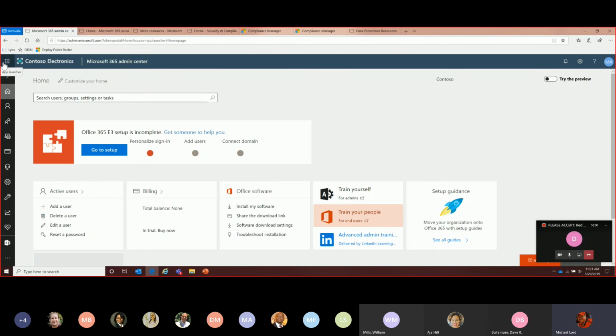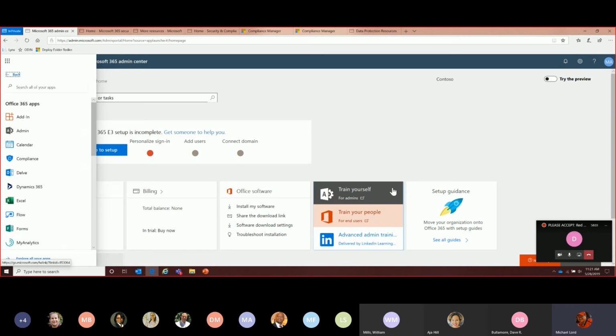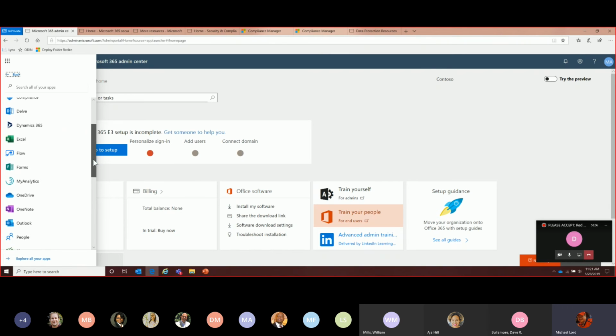I'm signed in to an Office 365 environment right now. When I look at these applications, I have a list of applications. Office 365 effectively, this is an oversimplification, but I think will help kind of pull it together, is a series of federated applications where you're using a common identity boundary, a common set of auditing and logging, and common sets of integration. So there are a number of applications here that do a number of different things. However, we're putting them all under the same umbrella. And we start bringing in things that are outside Office 365, like Dynamics, for example. They all exist within the same identity framework, within the same licensing framework.